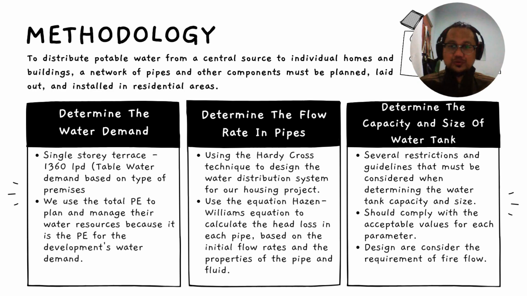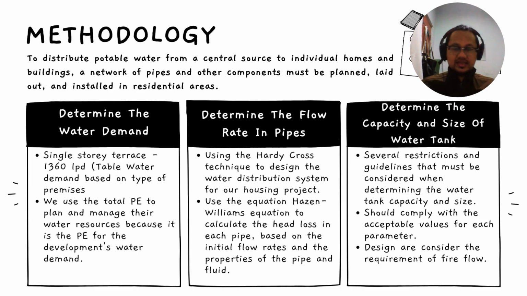Alright, first we start with the methodology. There are three main elements that will be determined in the water recirculation system. The first is determining the water demand. In our project, there are single story terraces. We refer to the table of water demand based on the type of premises. There are 1,360 population equivalent liters per day. So we use the total PE to plan and manage their water resources, because it's the PE for the development